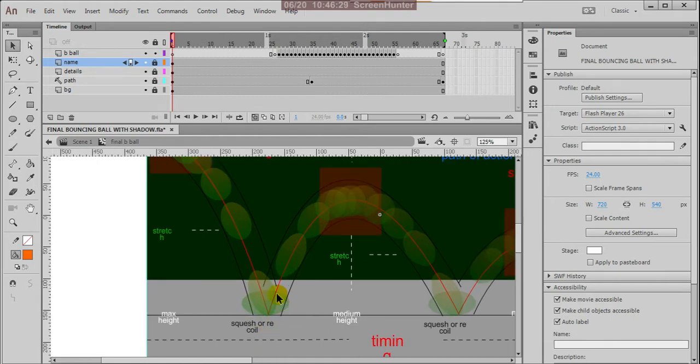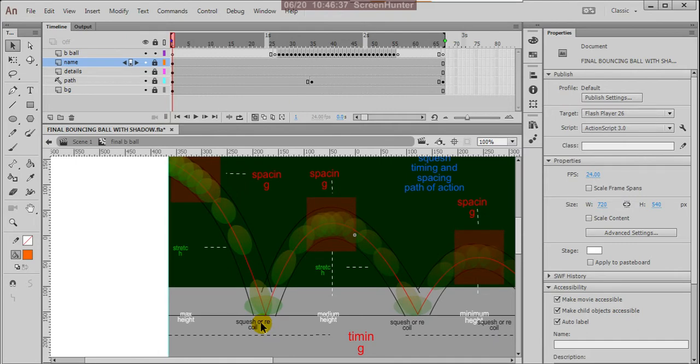When it hits there, it recoils. Recoil is squash. Then immediately after hitting the ground, it is jumping into the air. Then again it is stretching slowly, and slowly changing its shape back into a normal ball. Here is the normal ball.